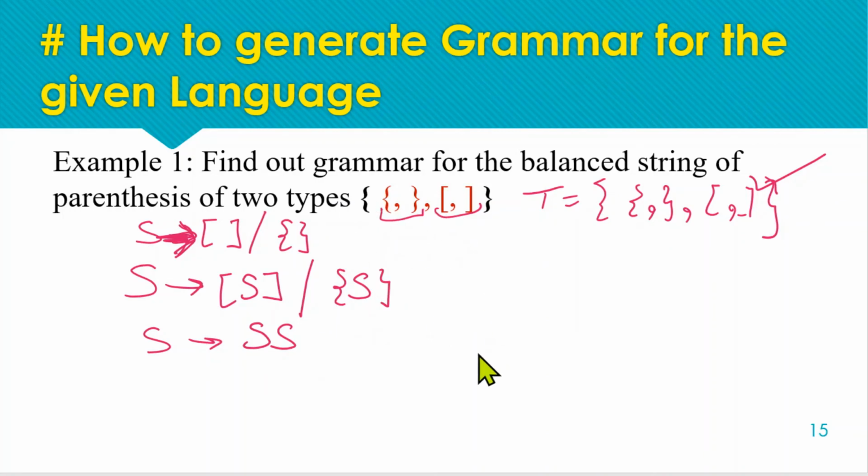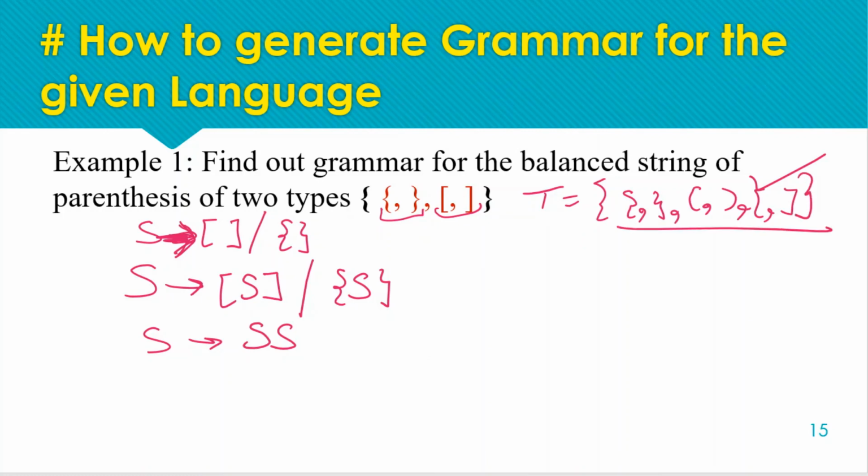And if we have terminals as curly brackets, round brackets and square brackets, so now we have all the brackets in the options of terminals, then we simply need to add two more production rules corresponding to every new pair of parentheses given in the terminals, as this, and the grammar is done.